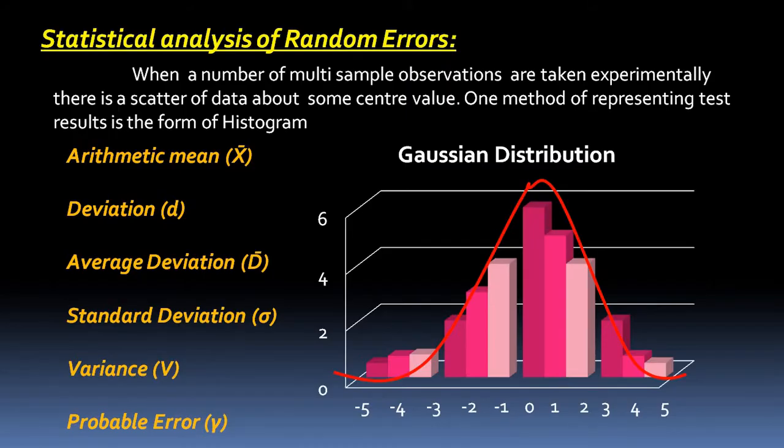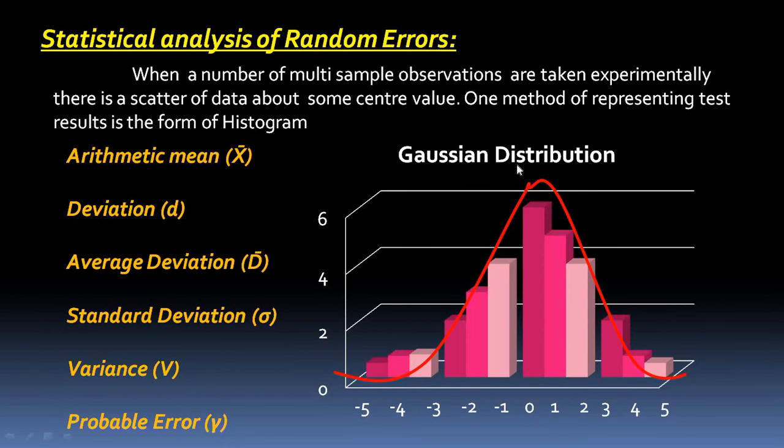In this video, I am going to discuss statistical analysis of random errors. In the previous video, we have seen the different types of errors. For random errors, the sources are unknown. These random errors occur with unknown sources, so they are also called residual errors. These cannot be avoided, but we can measure the value of a random error and apply correction factors. That random error can be measured by using statistical analysis.